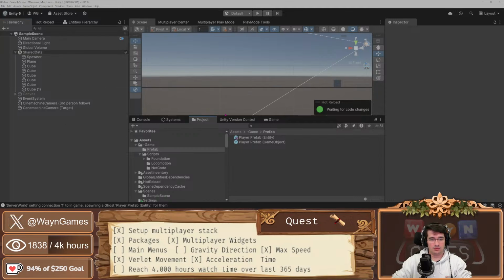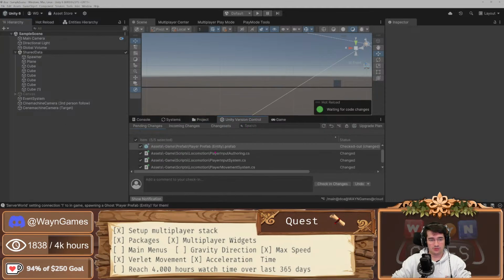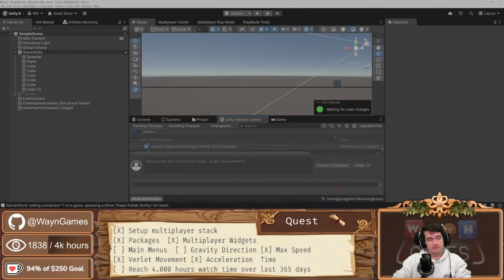Okay, so let's actually commit those changes. Jump, adding jump with control over height, length and symmetry. Okay, check in the changes and